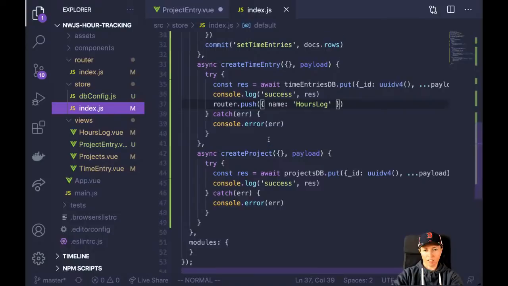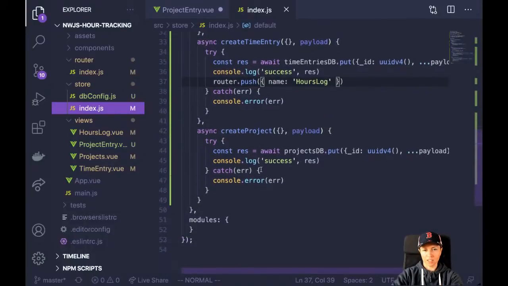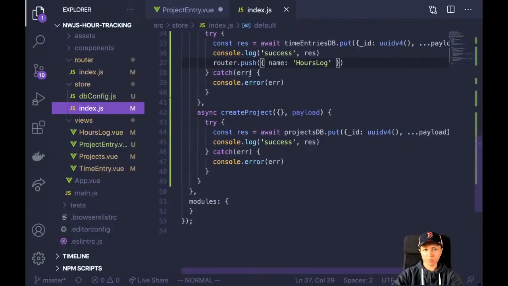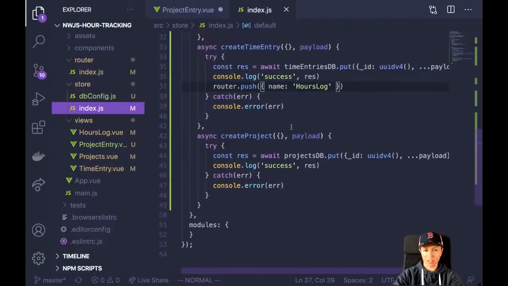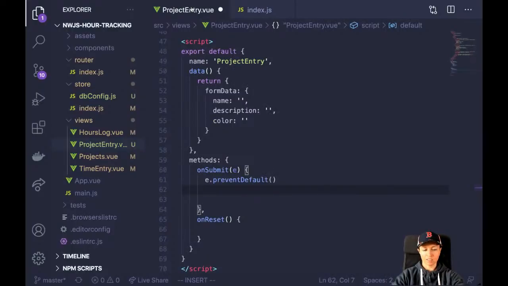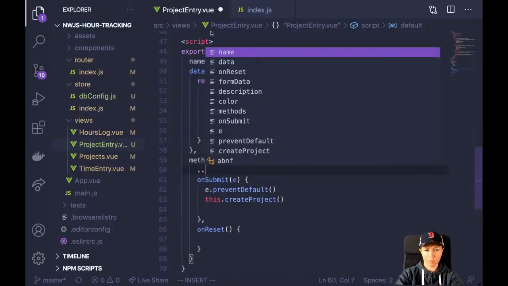And I need to call this create project. Let's see. Yeah, and pass it the payload of the project that I want to create. Looks like it's set up already, so I'll just import create project. All right. I'll have to call this dot create project and pass it a payload, but first I need to set up